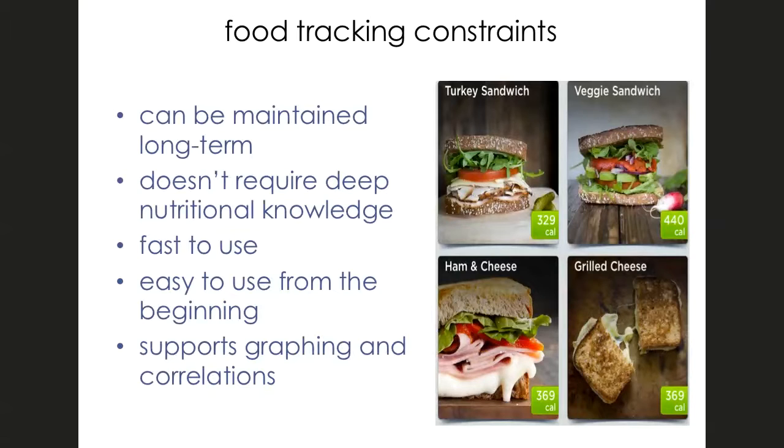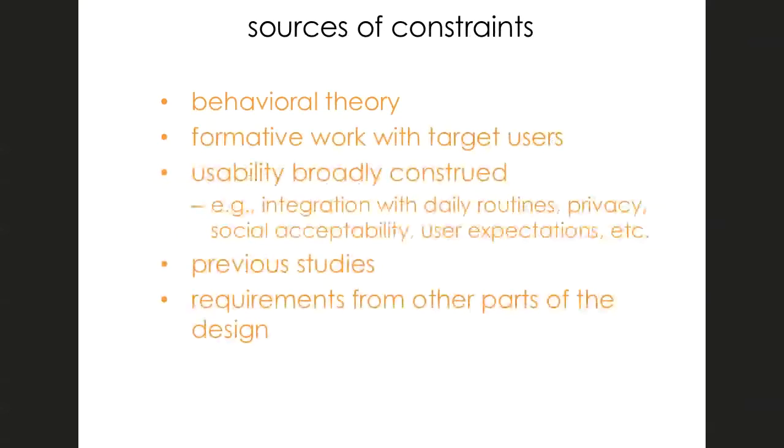among different kinds of options for what you're considering. And those constraints can come from different places, right? So behavioral theory will push some constraints. Your understanding of the user population will come with a certain set of constraints. Usability will have constraints as well. So how much effort something is, how much value people are getting out of it, as well as the requirements